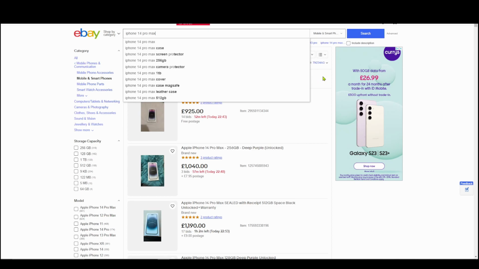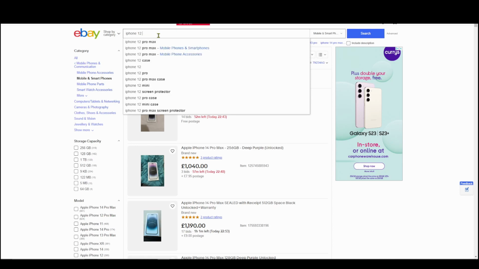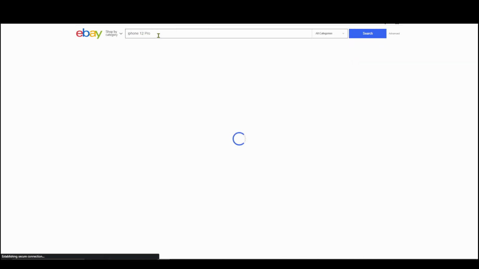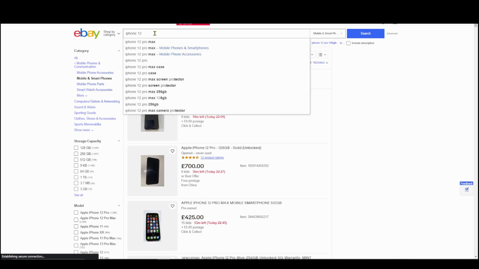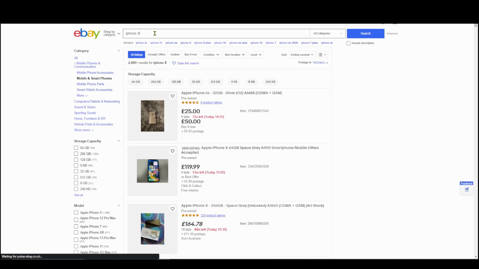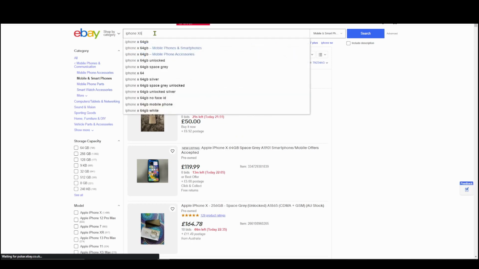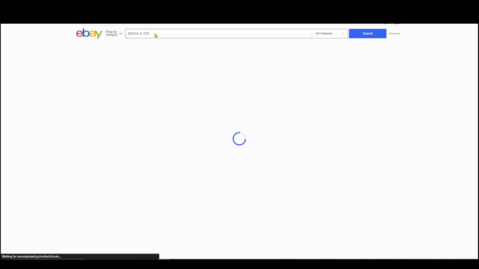And the way that you do it is you come to eBay and you type in the name of your phone. Okay, so at the moment iPhone 14 is the latest phone. So if we go back, I've just sold an iPhone 12 Pro. So let's say you've got an iPhone 10. I think that's the next one that I've got that I need to sell. So we'll say iPhone 10, and I think it's a 256. So we're going to type that in,